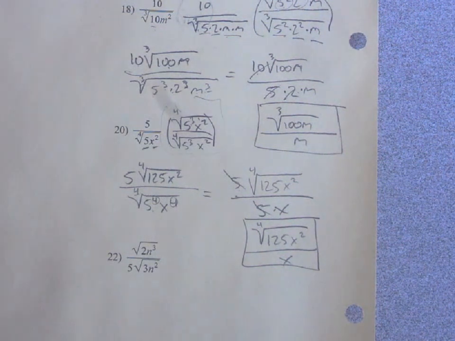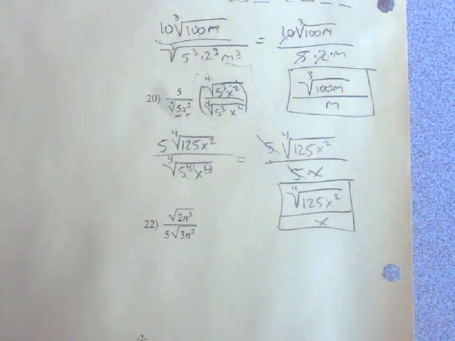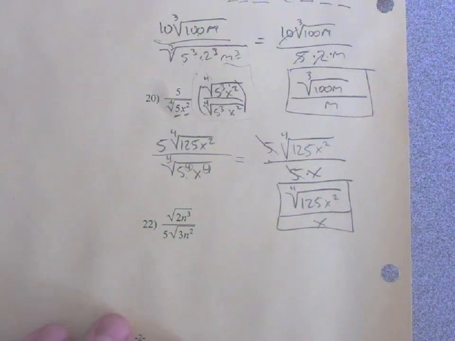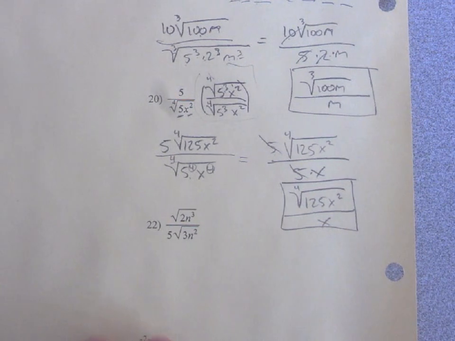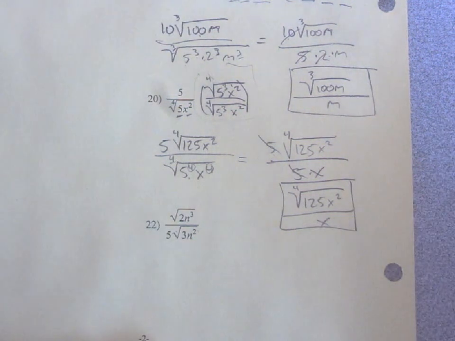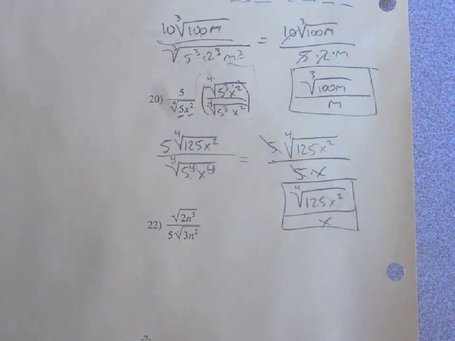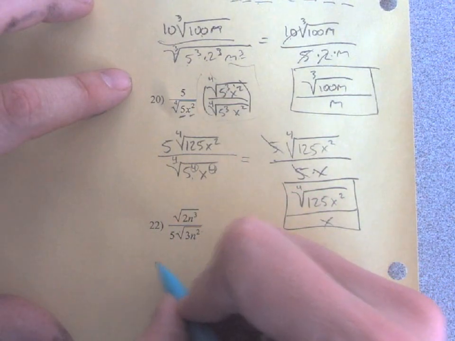All right. Last one, we'll do 22. All right, so we got a square root, just a regular old square root. Now, in this case, I would actually probably try to simplify first because there's an n squared inside of a square root, so let's take care of that. There's also n cubed over n, so there's actually several different ways we could simplify this. One of the ways to do it would be to